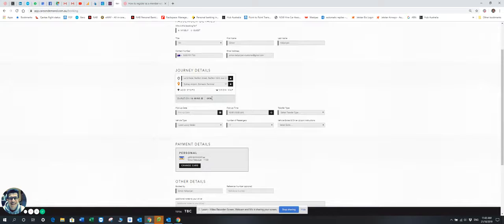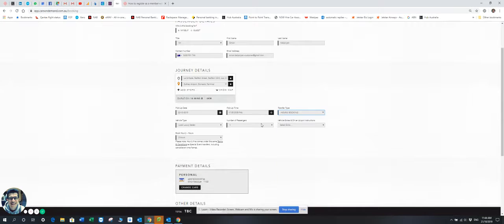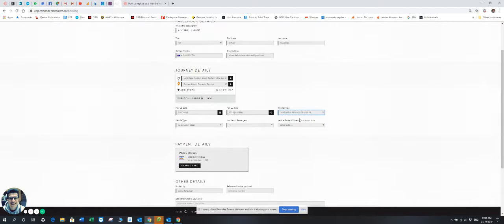Once you see the time and the kilometers, it means that Google was able to figure out where you're going to. And you just select the date, the time, whether it's AM or PM, the extra. Normally, you will find that 9 times out of 10, it will be airport or regular transfer. If you want an hourly hire, you can click on this and you'll notice that the drop down will appear here. But if you just go back to airport or regular hire, you just select the type of vehicle that